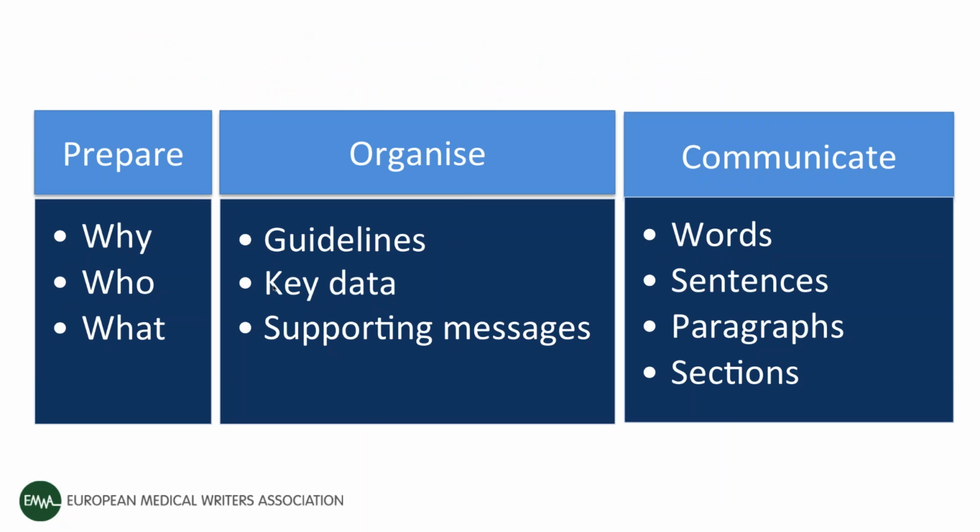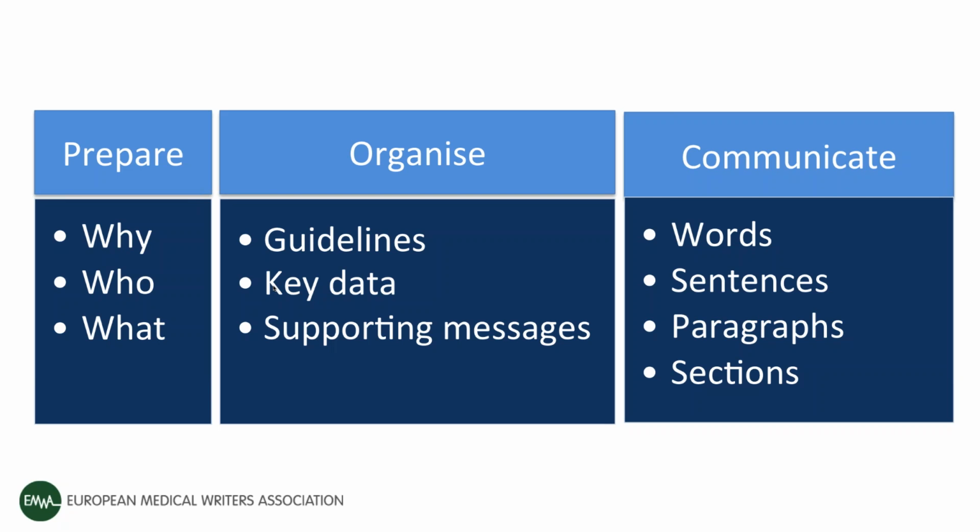So when we start writing, obviously some of this will be relatively obvious to some of you and maybe less obvious to others. Think why you're doing this, other than the fact that it's been asked of you, who you're writing to, and really what has to be said. Sometimes there are certain guidelines that help us to organize those sorts of thoughts. Sometimes there's key data that says how those messages are going to be created. But whichever way, it's important to find supporting messages that support all of those arguments, the what that has to be said. And the way that is done